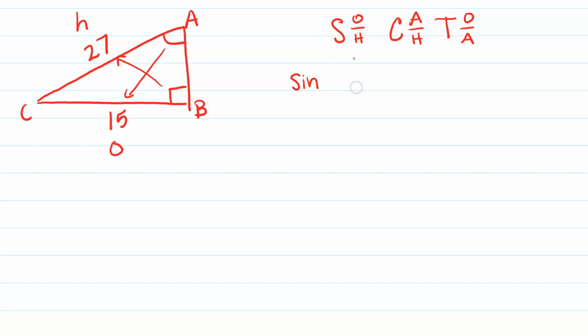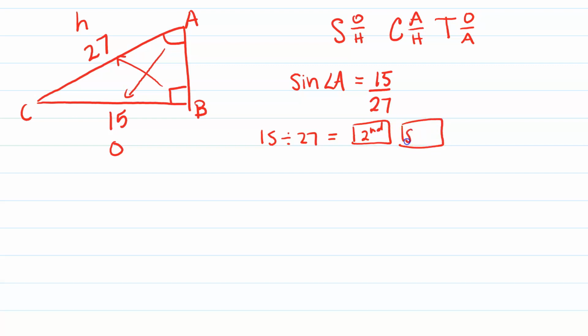So I'm going to set up a sine function for a missing angle. We'll just call it angle A right now. Sine of A equals opposite over hypotenuse. Now from this point, what I'm going to enter in my calculator is 15 divided by 27 equals, then I'm going to hit the second key to get to the inverse trig, and then the inverse sine button, and that's going to give me the value of that angle measure. So 15 divided by 27 equals, second sine, and I get